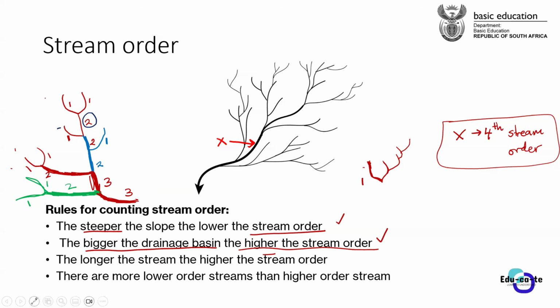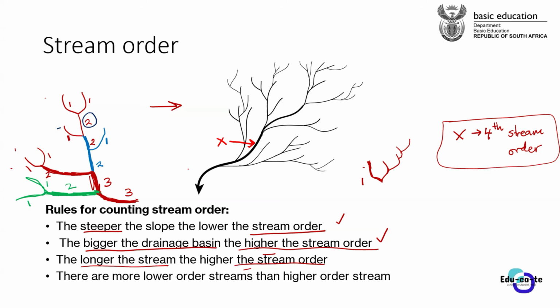Okay. So another thing, guys, the longer the stream. If we have a longer river, it means that you're going to have a higher stream order. This one is pretty obvious, guys. A longer river will have a higher stream order, because remember, the water keeps on adding to the main river. For example, this is a long river, the one that we did. It even has a higher stream order up to the 4th order, the one that we just calculated. Basically the streams keep on adding up to the main stream.